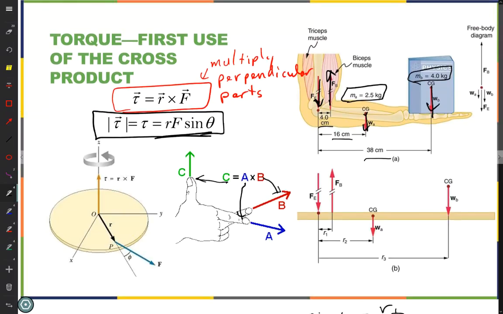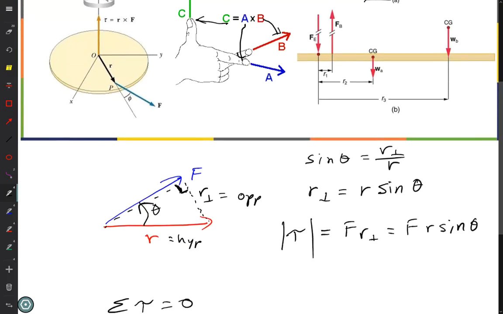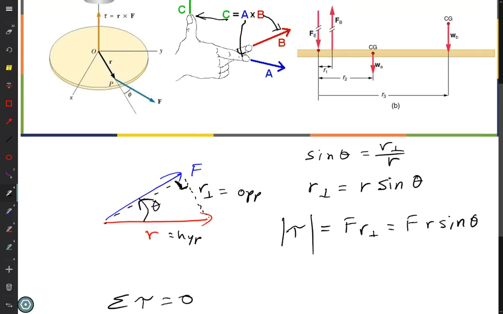So this lower picture is just showing the same thing laid out for us. So if I choose a pivot point appropriately or judiciously,